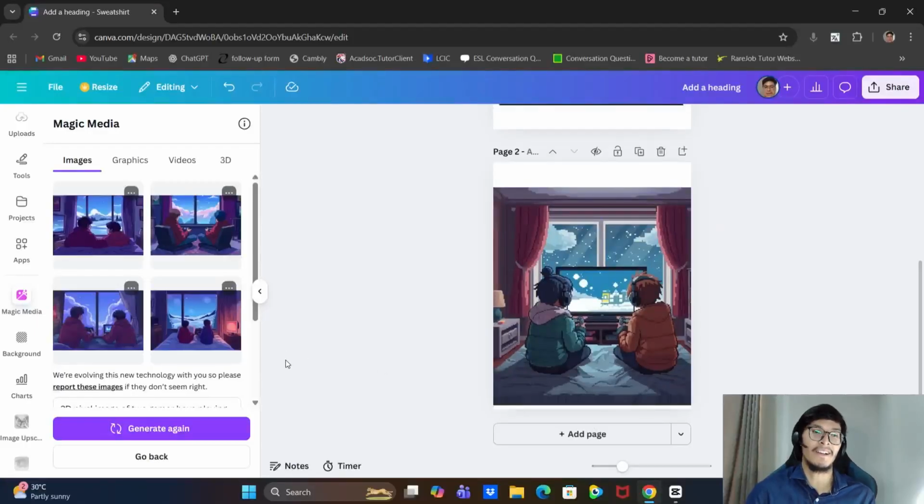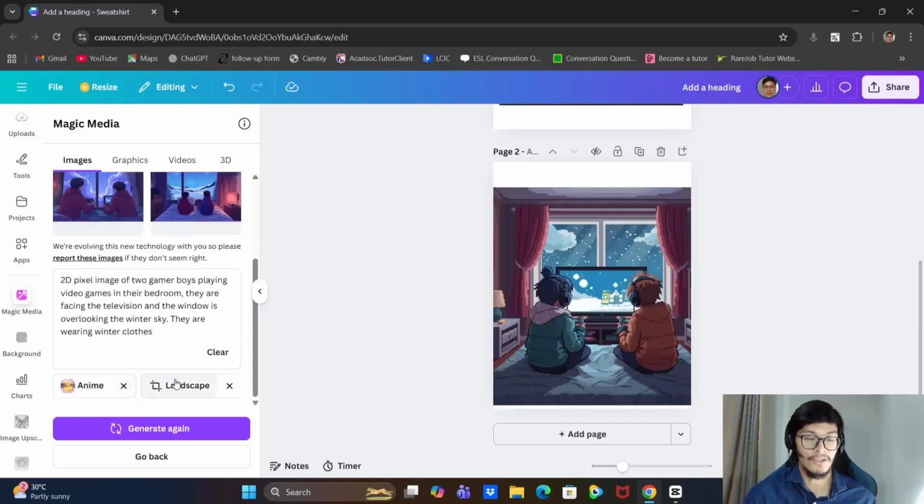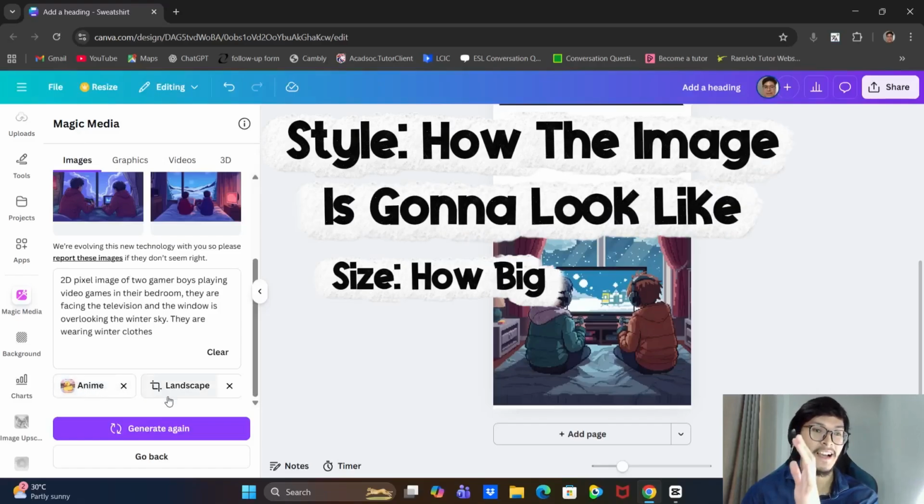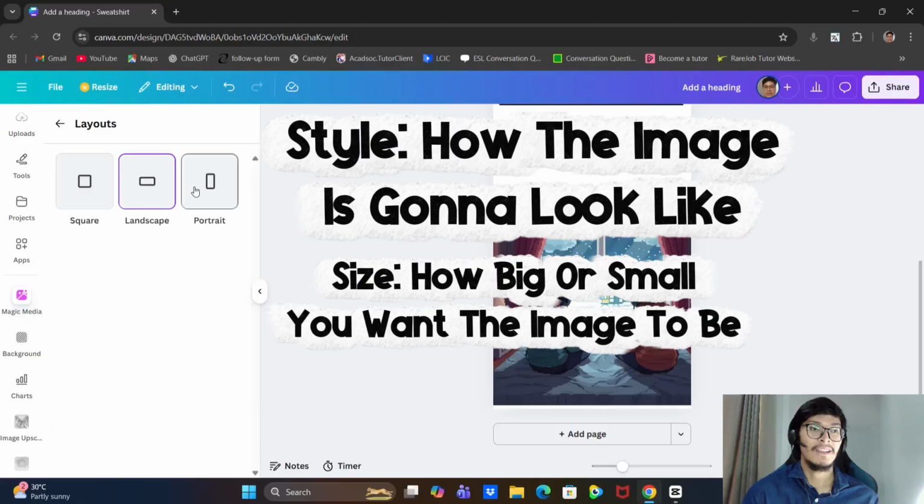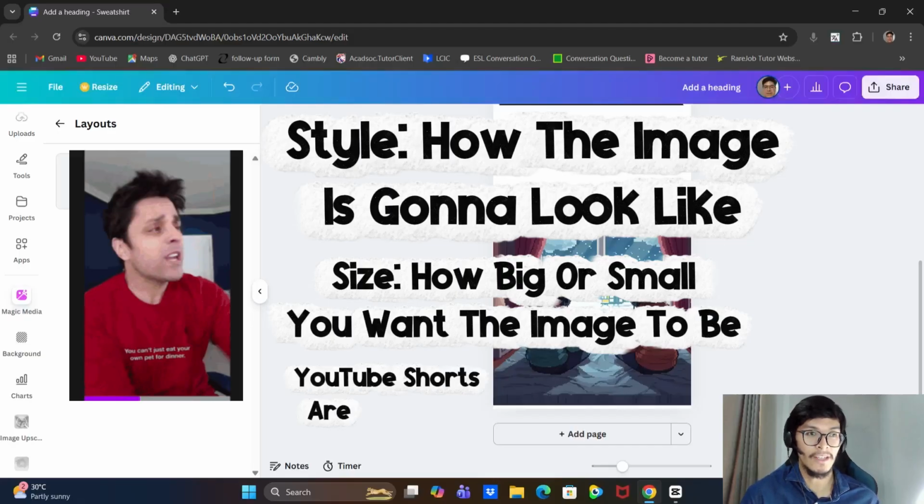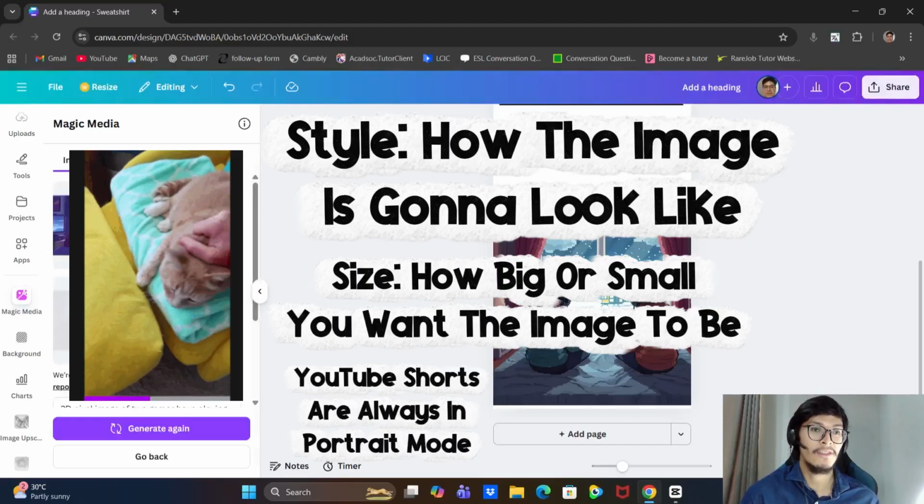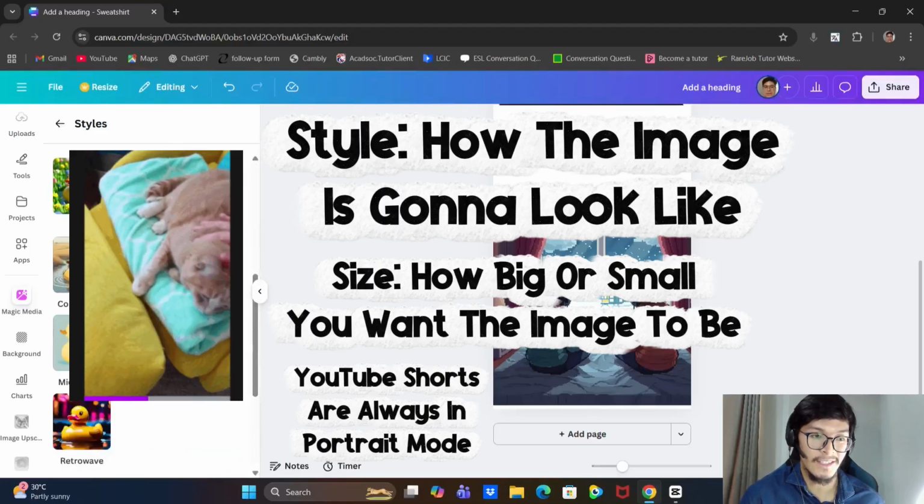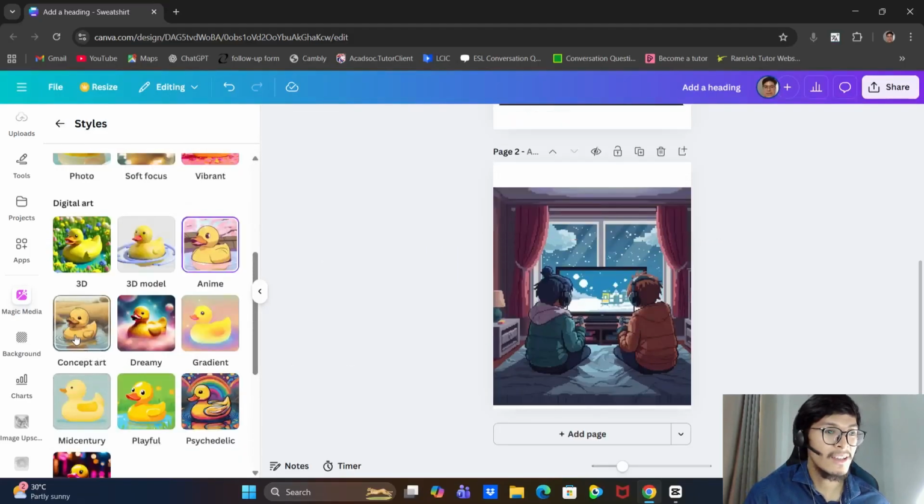Okay, so that is how you can generate an image while changing the style of the image or what you want the image to look like, and the size, or what you want the size of the image to be. Do you want it to be in portrait or landscape? Like if you are trying to create a YouTube short like me, you can generate a portrait image instead. So we can also change the style. Let's say I want it to be maybe